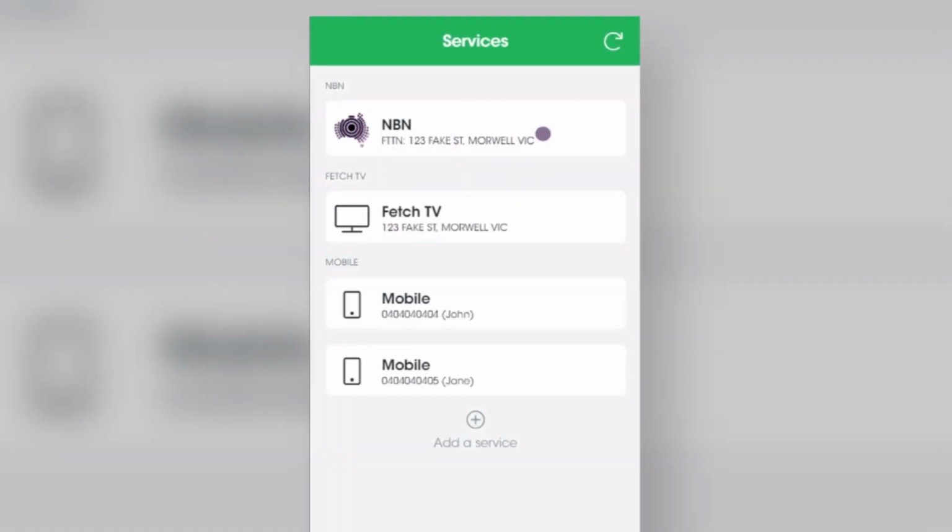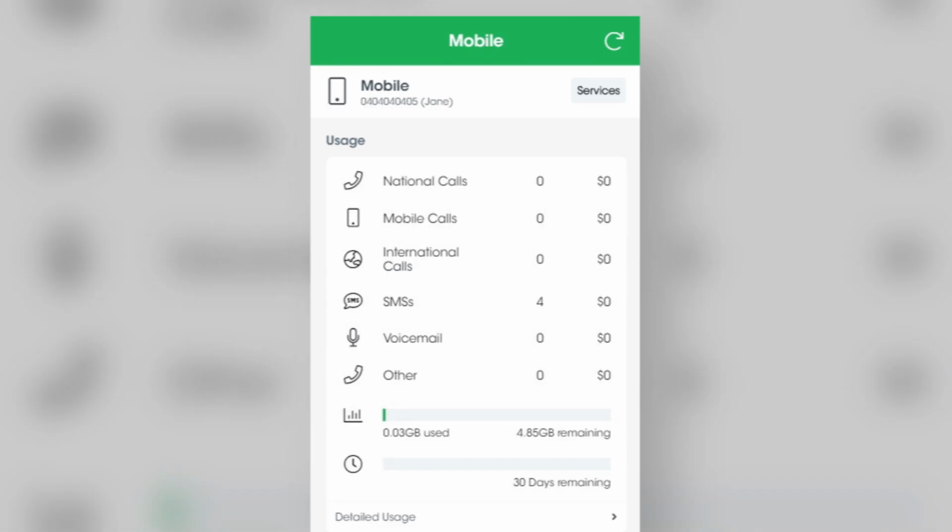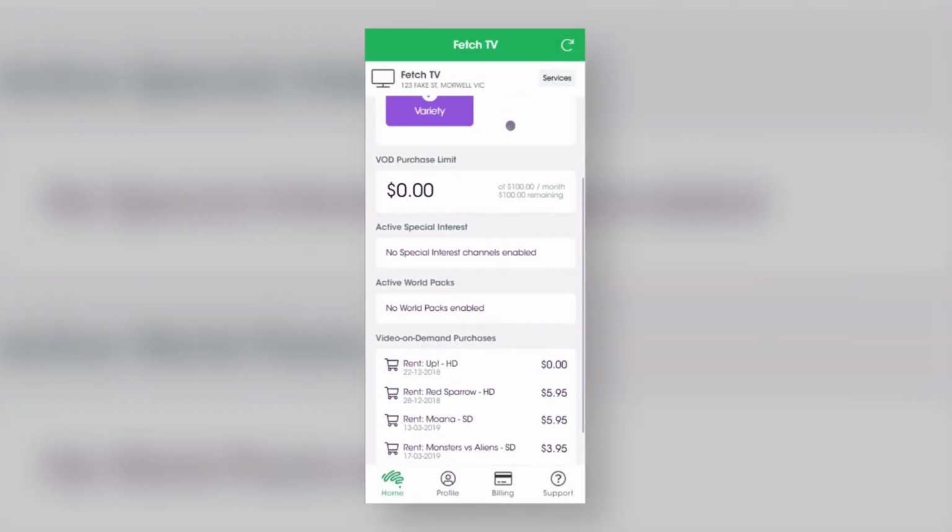The new and improved MyAussie has just arrived. Here's 5 things you can now do with your MyAussie app. 1. Track usage details for the current month. You can view usage for your NBN and mobile services, as well as keep track of any usage and purchases